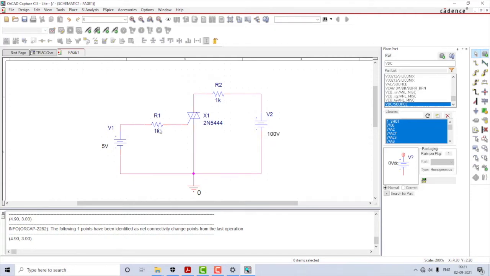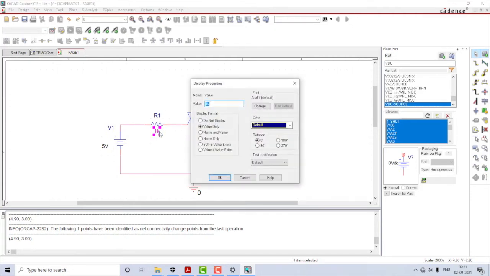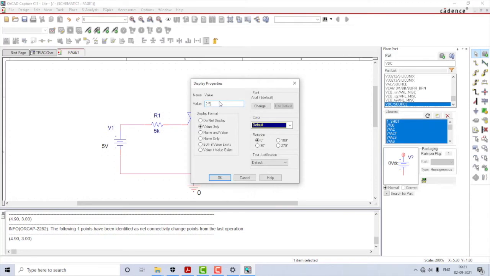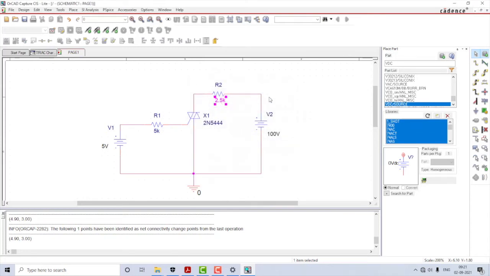Further, when I come here, I will make the resistor R1 to be 5K and I will make resistor R2 to be 2.5K. These are some tested values. You can vary the values and analyze what is the importance of these resistor values here. Right. So, that completes the circuit construction as well as giving values to the components. Let us now move on to creating the simulation profile.